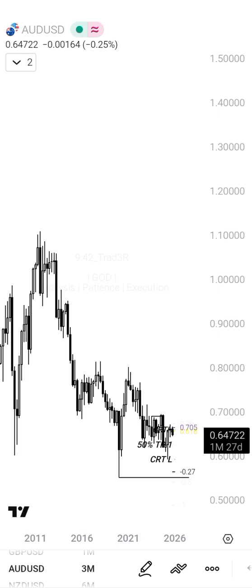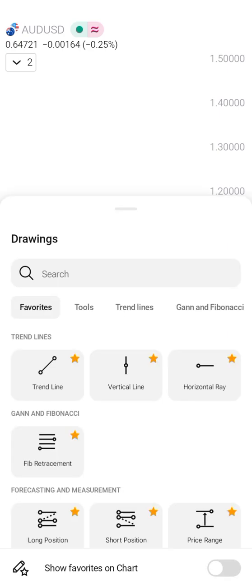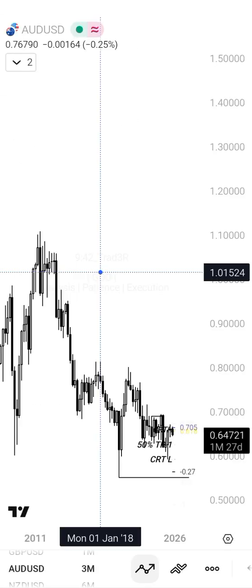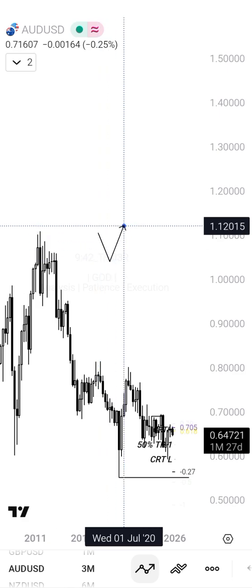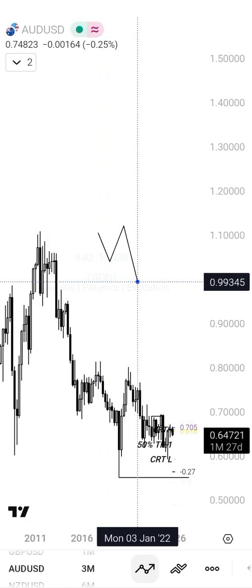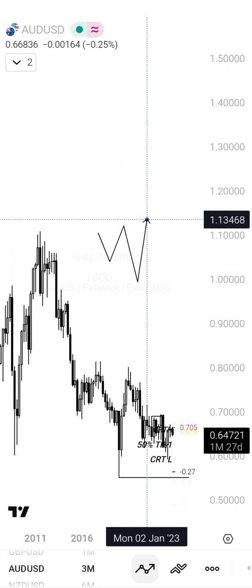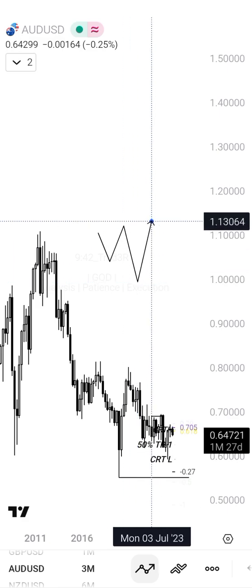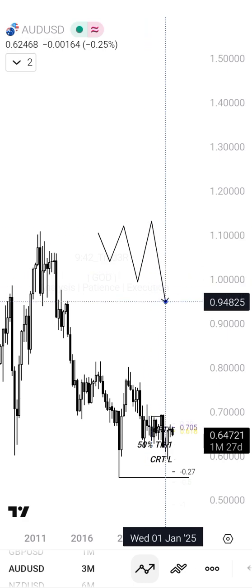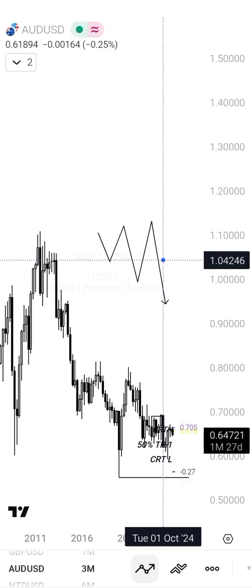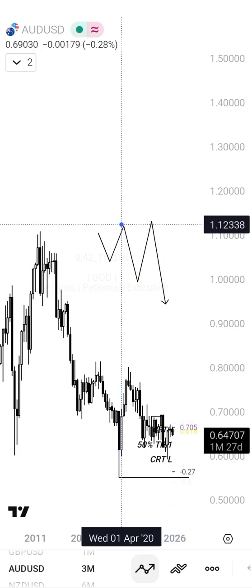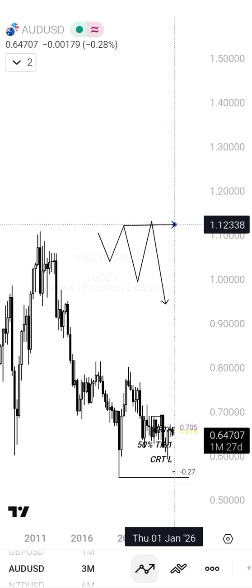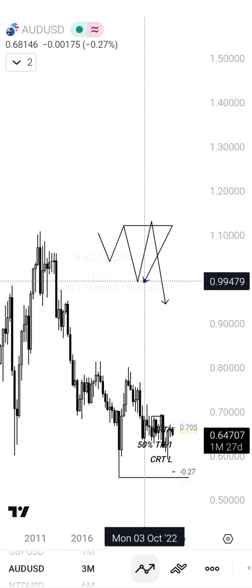But personally, what I use to identify trends on the higher time frame is highs and lows. By that I mean when price creates a high like this and creates a new low, I want to see price come back and take out the previous high that was created, respect it, break and close, and make a new lower low. So when price does this on the higher time frame, I know from this high that was respected to this low,